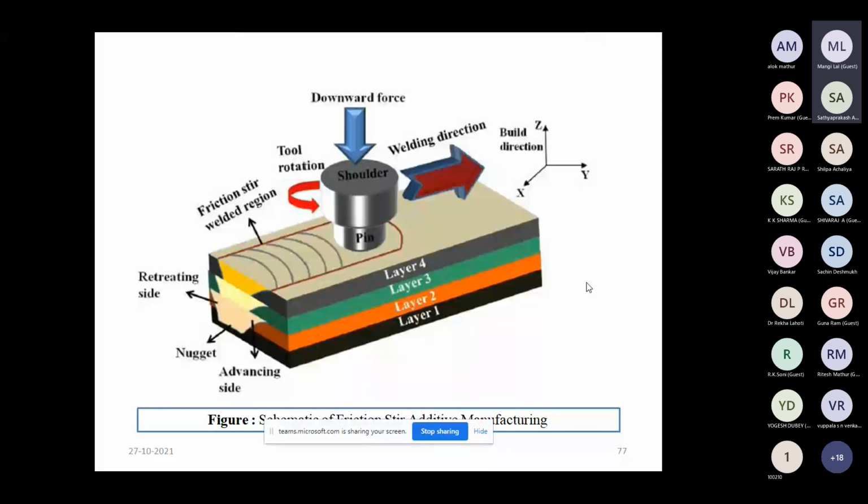So first of all, layer by layer, upon the first layer we add the second plate, upon the second plate we add the third plate, and upon the third plate we add the fourth plate or fourth layer. In each layer generation, the process is common, which is friction stir welding. Okay, downward force is provided by the shoulder and the pin is simultaneously rotating. So how this whole process takes place is just like this.